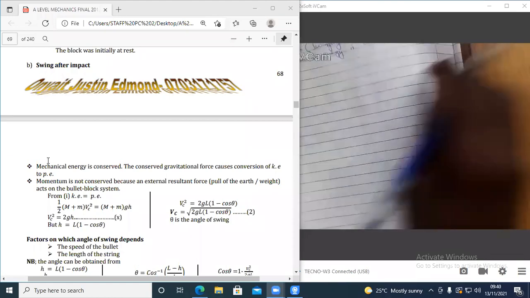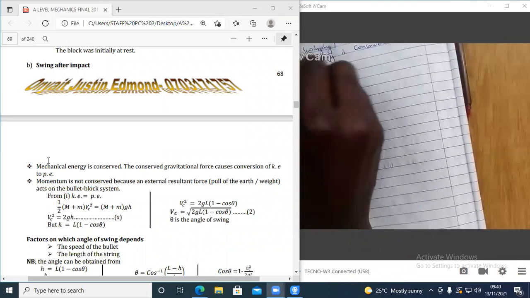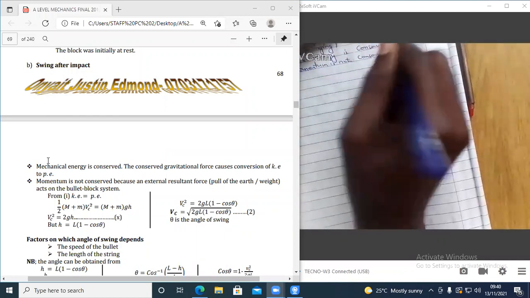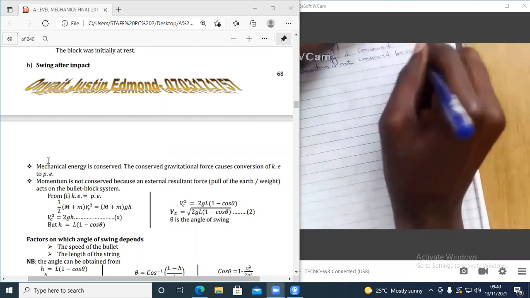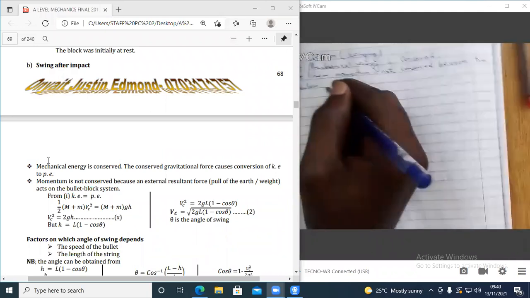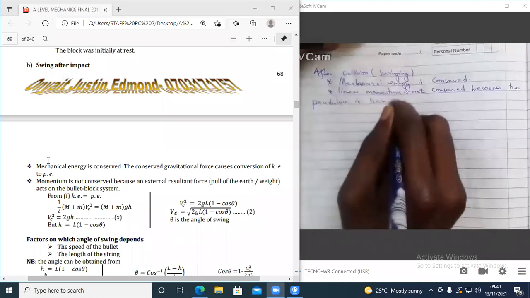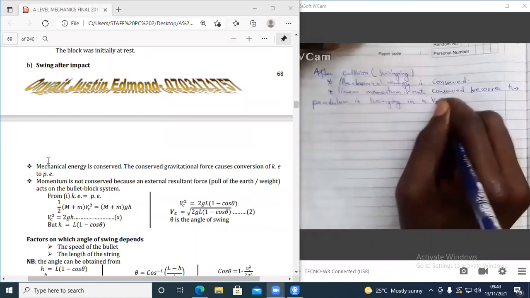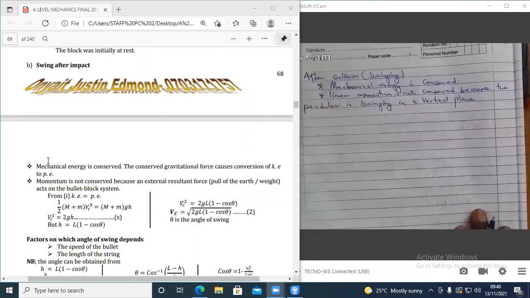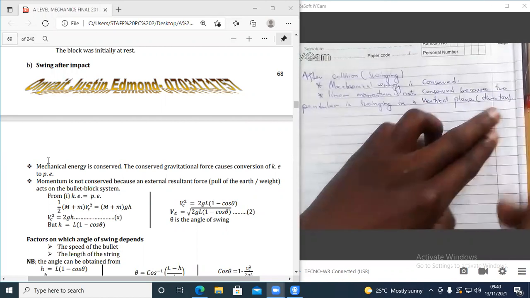So here, linear momentum is not conserved because the pendulum is swinging in a vertical plane or vertical direction,